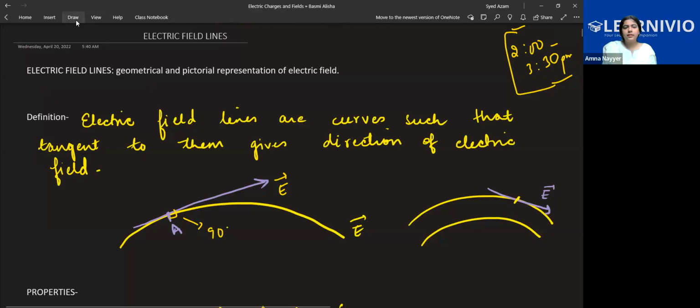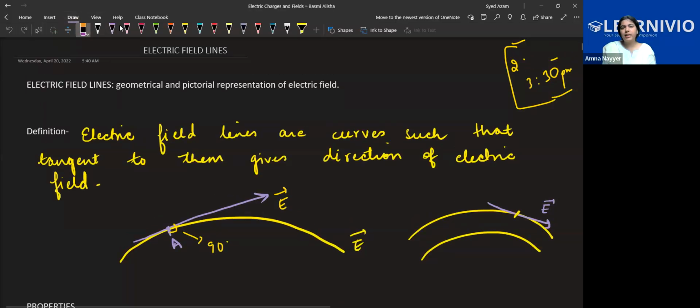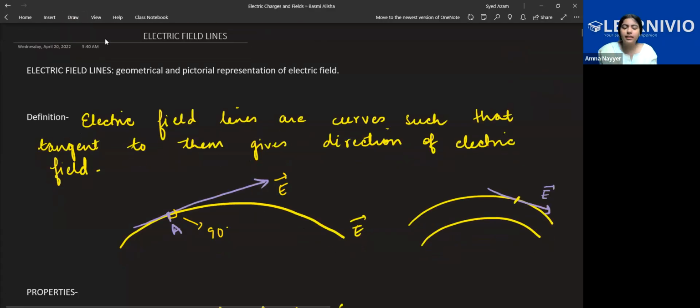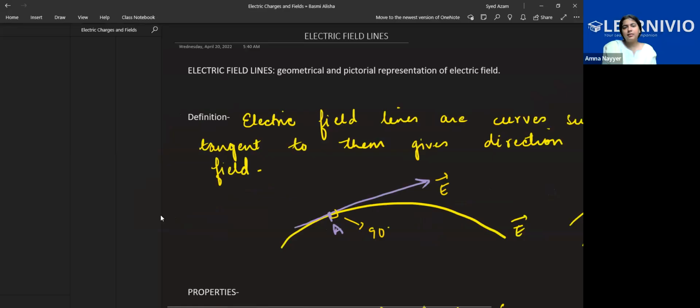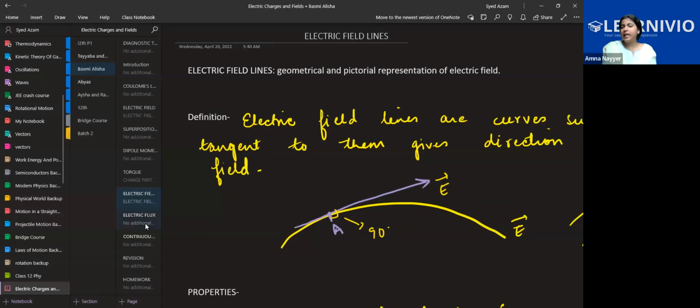And I'll just tell you a brief of electric field. Electric field lines are just a representation of electric field. How you are representing the electric field, the properties we'll take in the next class and discuss there, but I'm just giving you an idea. You already know electric field. Few properties are there that we'll discuss in the class. After that, we are left with electric flux, which has Gauss